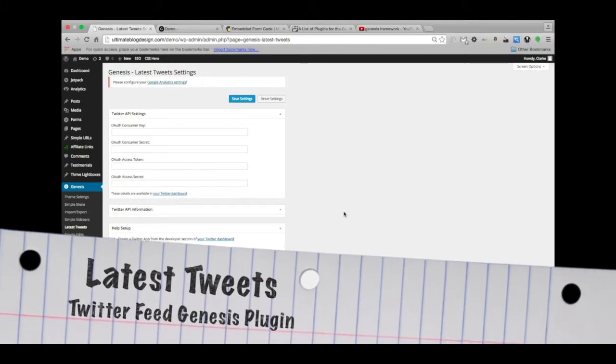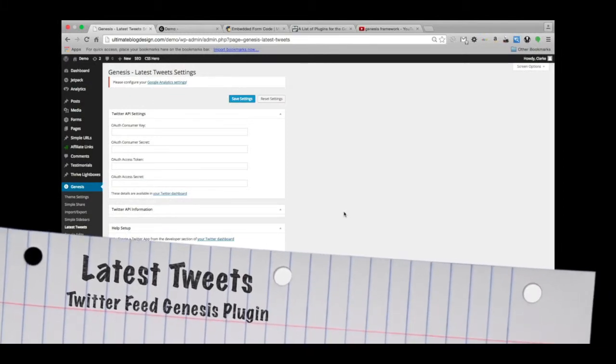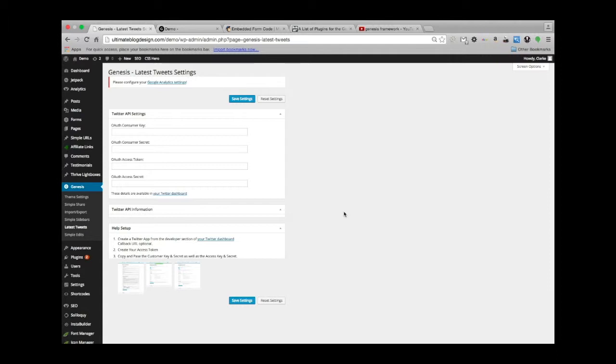Latest Tweets. So obviously, if we're talking about tweets, we're talking about Twitter here. And what this does is allow you to display your latest tweets in a widget area somewhere. Now, I could definitely show you how this works, but it would be with my own personal Twitter account. And honestly, there is help setup right here at the bottom